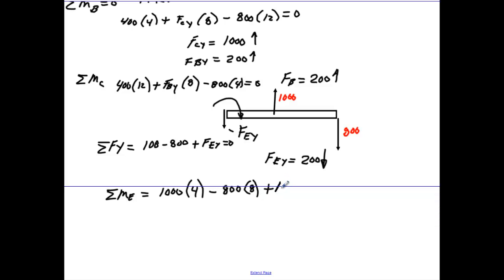Plus the moment at E, because we've got some moment here, must equal to 0. So when we do that, we got 1,000 times 4 minus 800 times 8, and we get 2,400. So we know the moment at E is going to be 2,400,